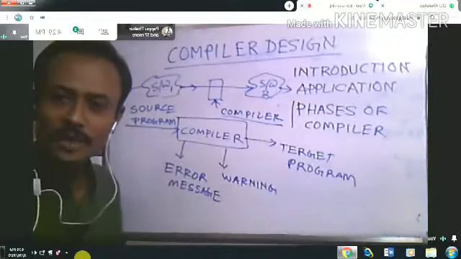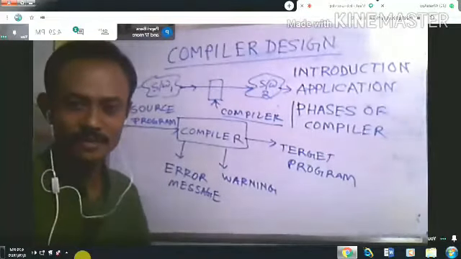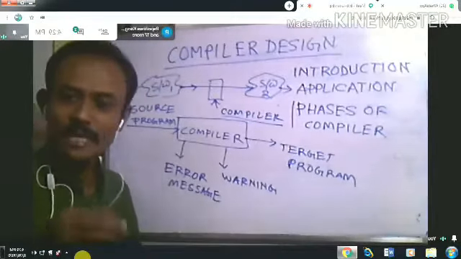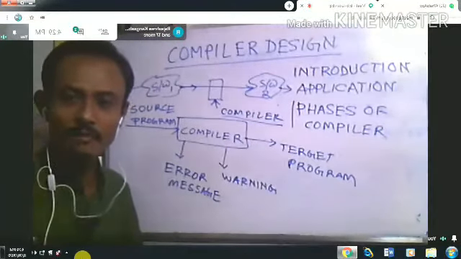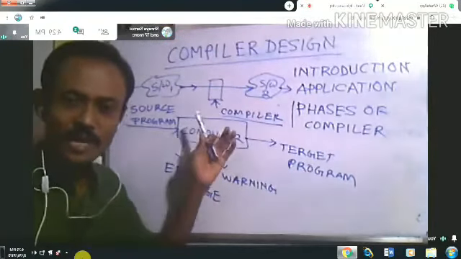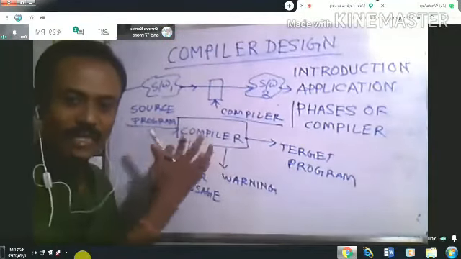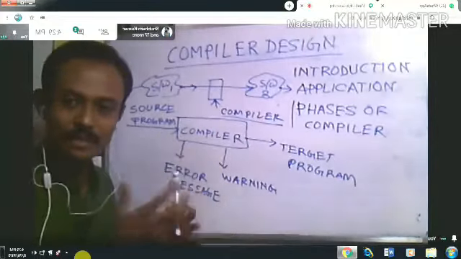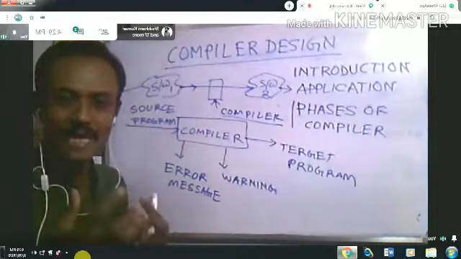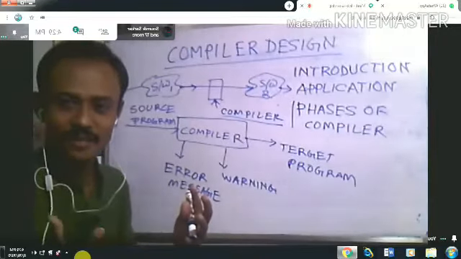That's why the number of compilers is not defined. So I told you the number of compilers is not a defined number. Infinite numbers of compilers are present in the real-life domain, because there are so many kinds of applications in the software industry that people require to write their own compiler.